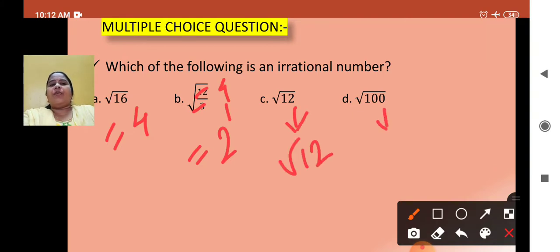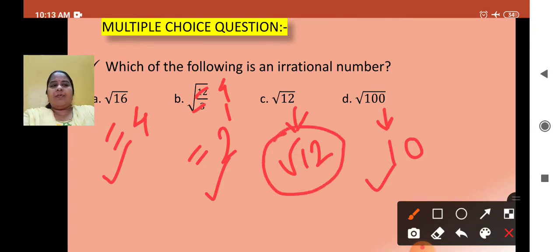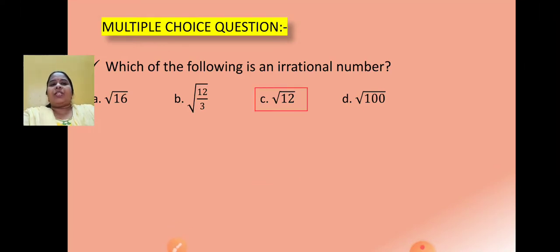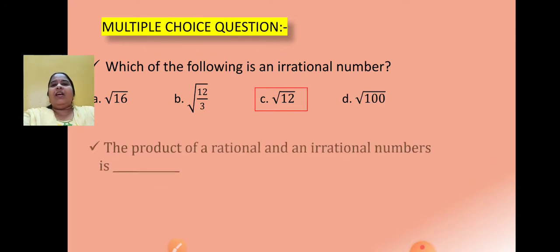And what about this square root of 100? That is 10. So this is a rational number, this is a rational number, this is a rational number. But this is an irrational number. So out of all these options, which one is the correct one? Option C, that root 12 is an irrational number. So work out everything. Don't be in a hurry to quickly mark something. Square root of 12 upon 3: you see a fraction and decide, yes, it is an irrational number. But this can be reduced. 12 divided by 3 is 4, and square root of 4 comes out as 2, which is a rational number. Okay. So let's see the next one.